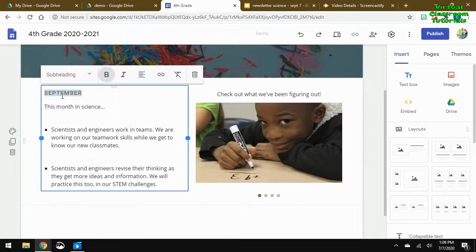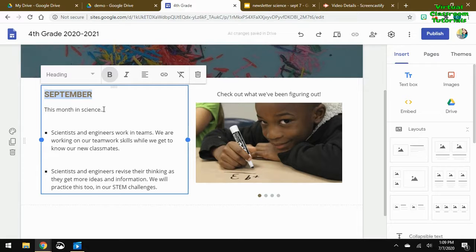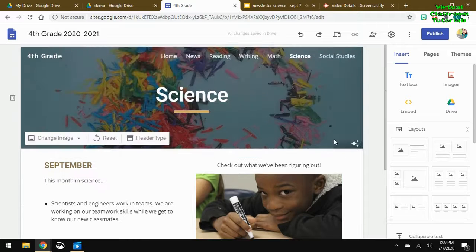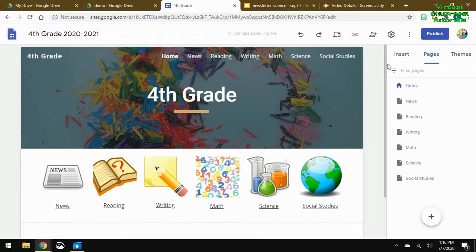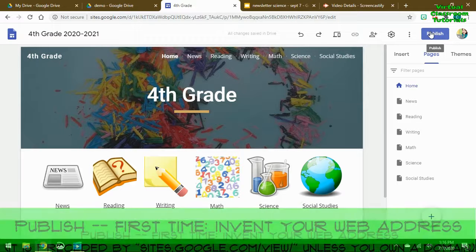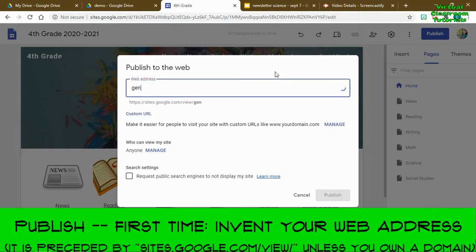You can change the heading, font size. Again, there aren't a ton of options, but that's what makes Google Sites so nice, is that it is so easy to use. So then back from my homepage, when I'm ready to publish, I click the publish button